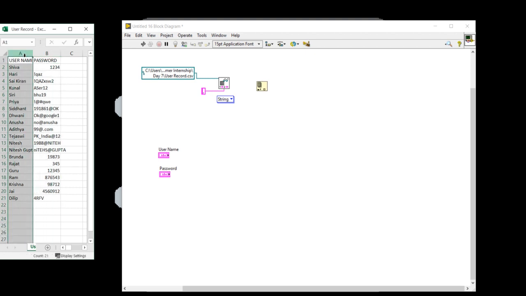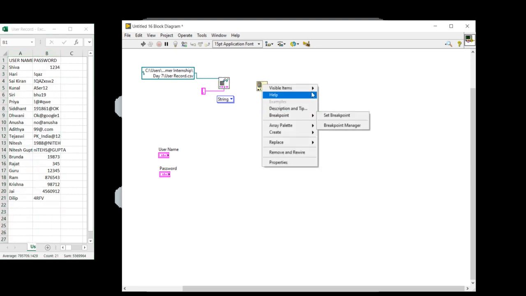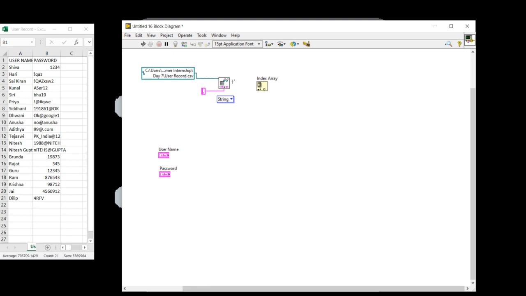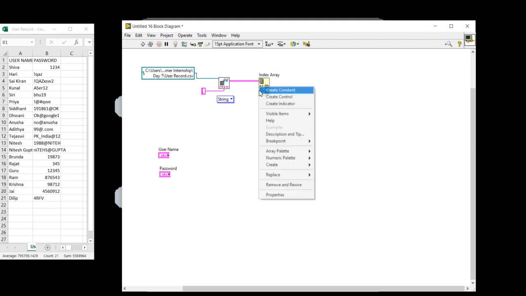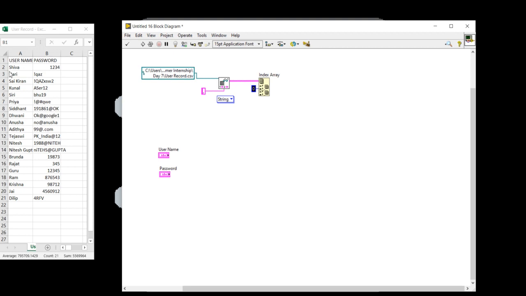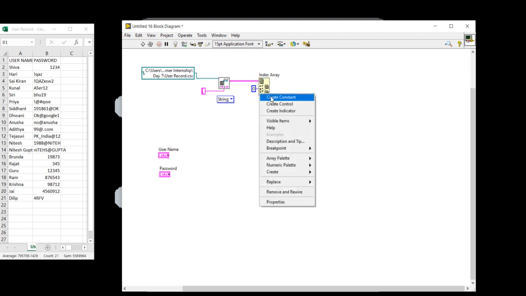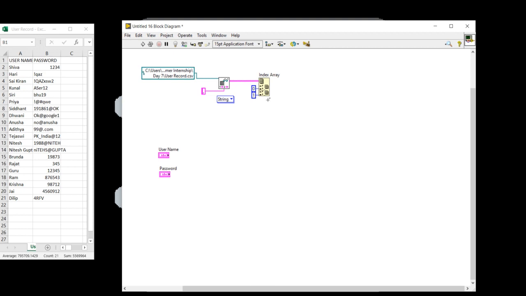So the A number column and B number column. A number column is for the username and B number column is for the password. So I am going to connect and I will drag it here. In the second one I will create a constant. Using this way I can target the username, and in this way I can target the password.